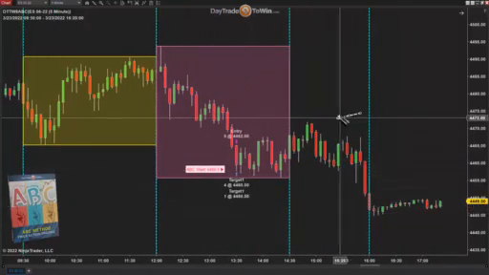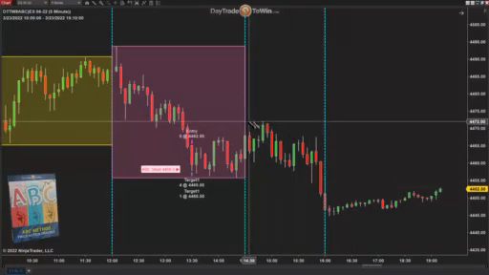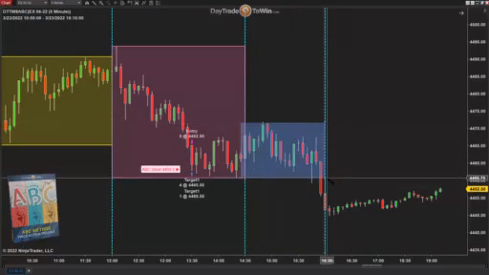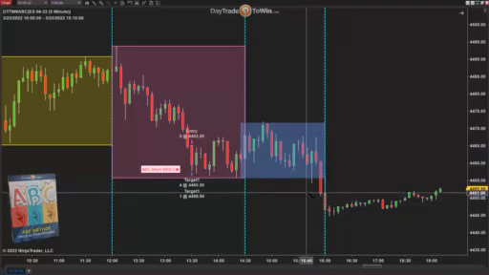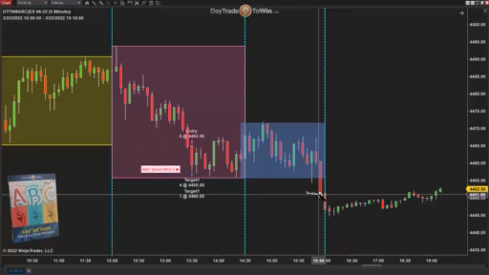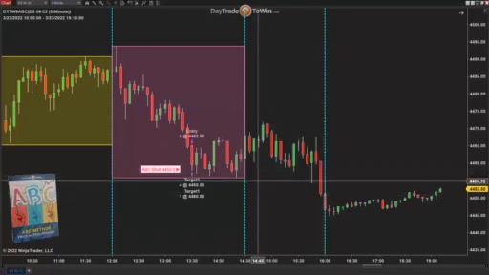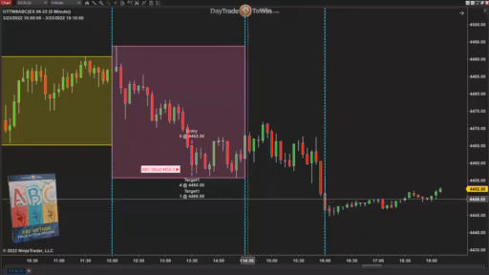Now, the difference between the C and the B, as you can see here, is that nothing happened. Only within the last 5 minutes, it's too late in the day, it started to break. This is no good. We don't want that. We want to see a late day rally or sell off almost immediately when these three parts of the day plot.